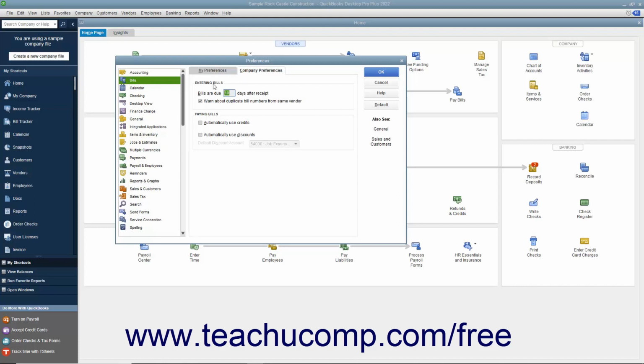In the Entering Bills section, enter the default number of days after entry that bills without a due date should be paid by typing a number into the Bills are due blank days after receipt field. You can also check the Warn about duplicate bill numbers from same vendor checkbox to be alerted to that fact